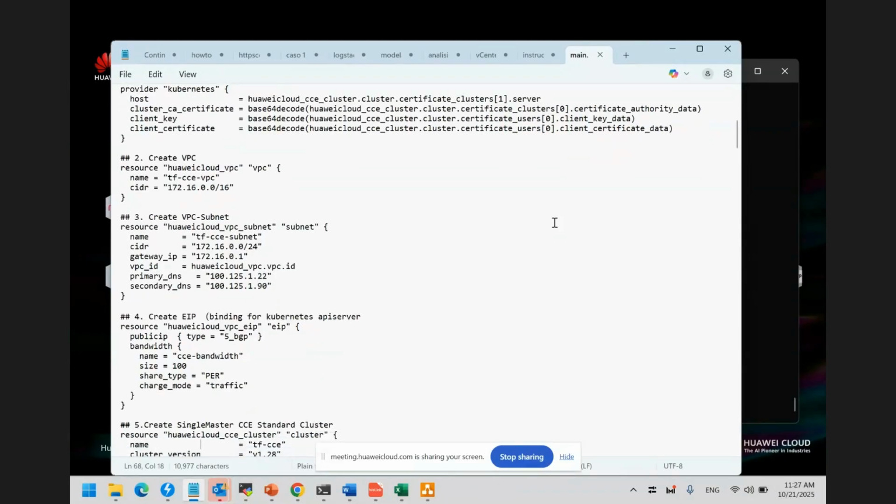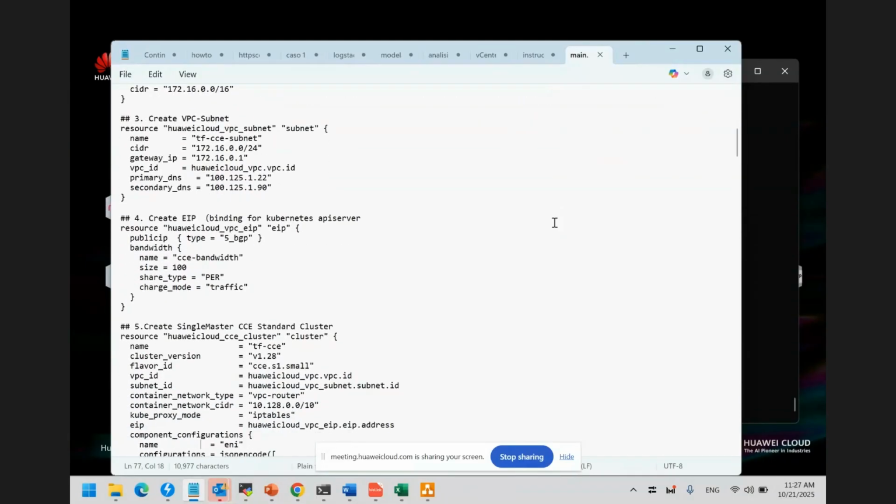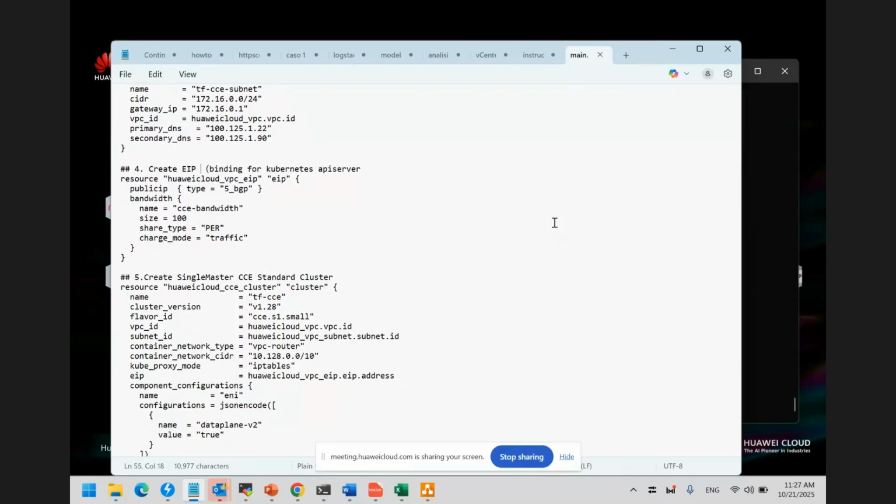Okay, this is creating the EIP, and this is important because we need to connect to the outside world. Okay, for this WordPress application, so we need to create an EIP. Okay, and this step can provide a traffic EIP of 5